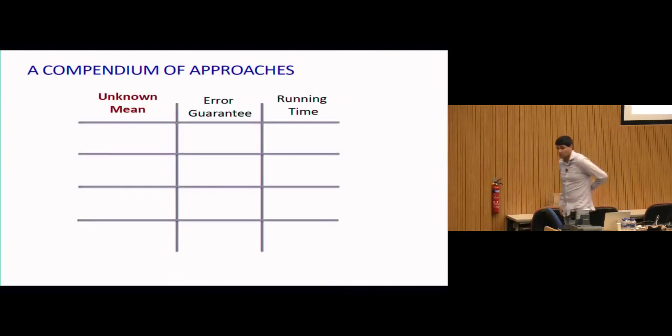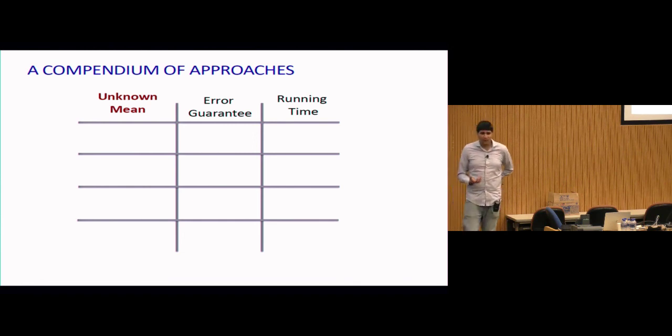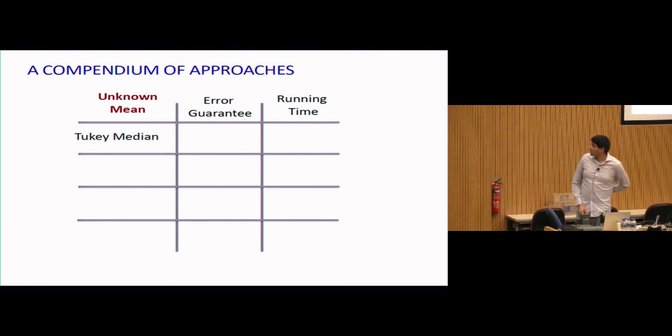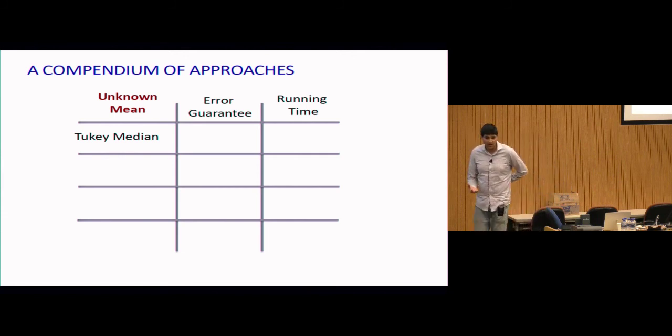So let's see what's known within robust statistics. If you think about the unknown mean case in one dimension, well, the robust estimator was the median. So the first thing you could try in this case, where you just have to figure out the unknown mean in high dimensions, is to try and generalize the median to higher dimensions, right? And that's exactly what Tukey did. So it's something called the Tukey median. Now, it's not so important for this talk what the Tukey median is, but let me tell you anyways, just verbally. So for the Tukey median, you can define the Tukey depth of a point, which is the largest value k so that over all projections of your data, that one point has k points to the right and k points to the left.